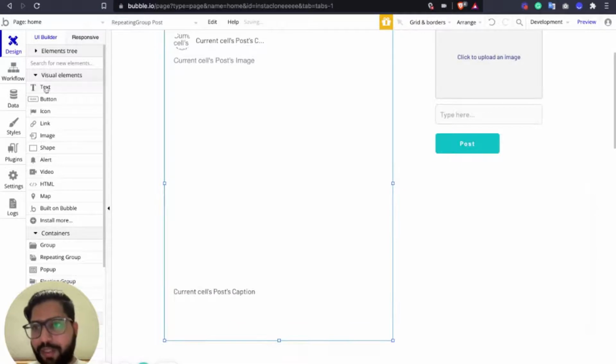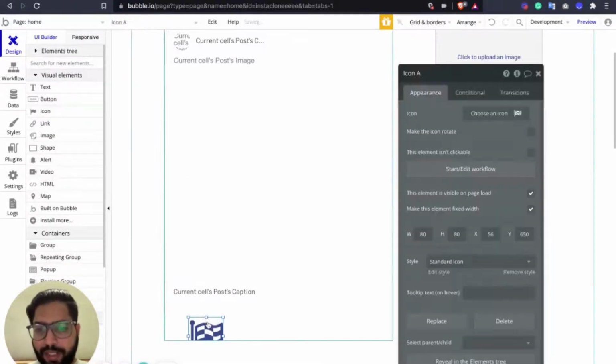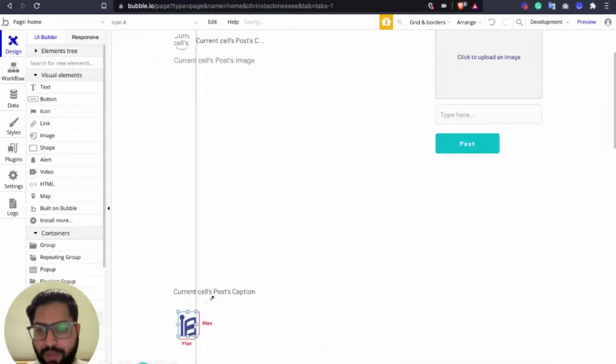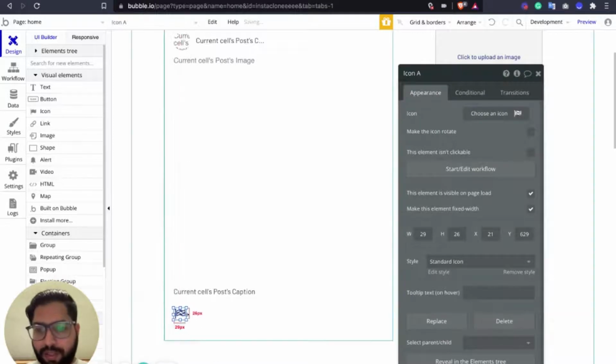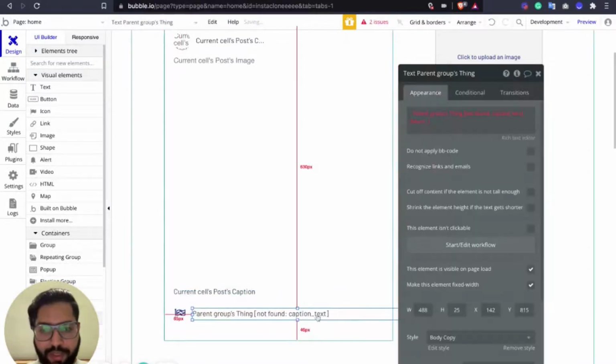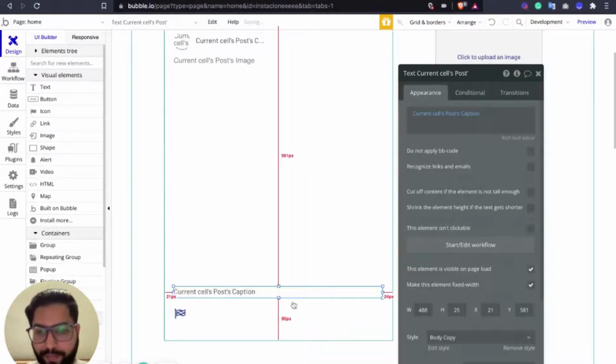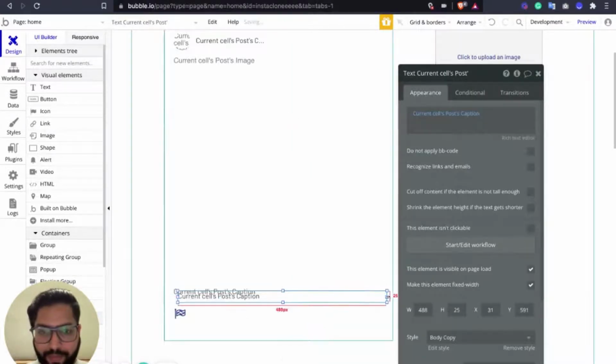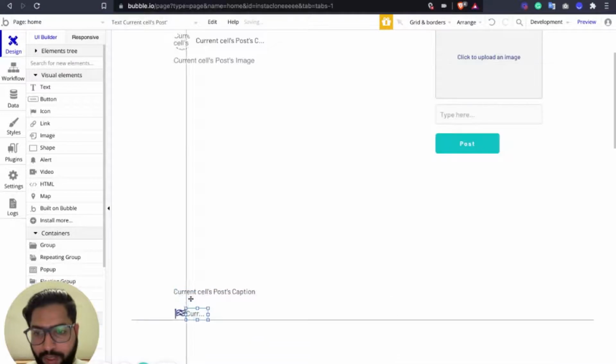After this, we need two more things. I'm just going to add quickly one icon here for upvote, and text here for the count of upvote.